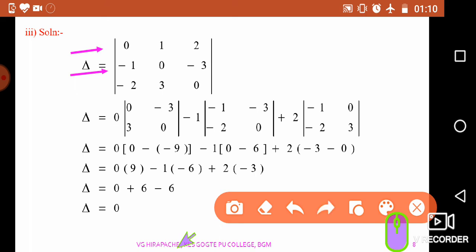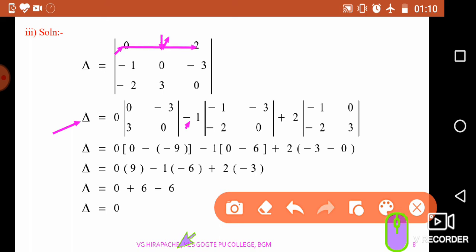Before I solve the determinant, let me write delta is equal to, we are going to solve this along the first row. The first row first element is 0. Deleting that row and column consisting of 0, we are left with a second order determinant containing the elements 0, minus 3, 3, 0. Therefore here is a determinant containing 0, minus 3, 3, 0. Before I go to the next element, always we take a minus sign along the first row. Therefore minus of plus 1.